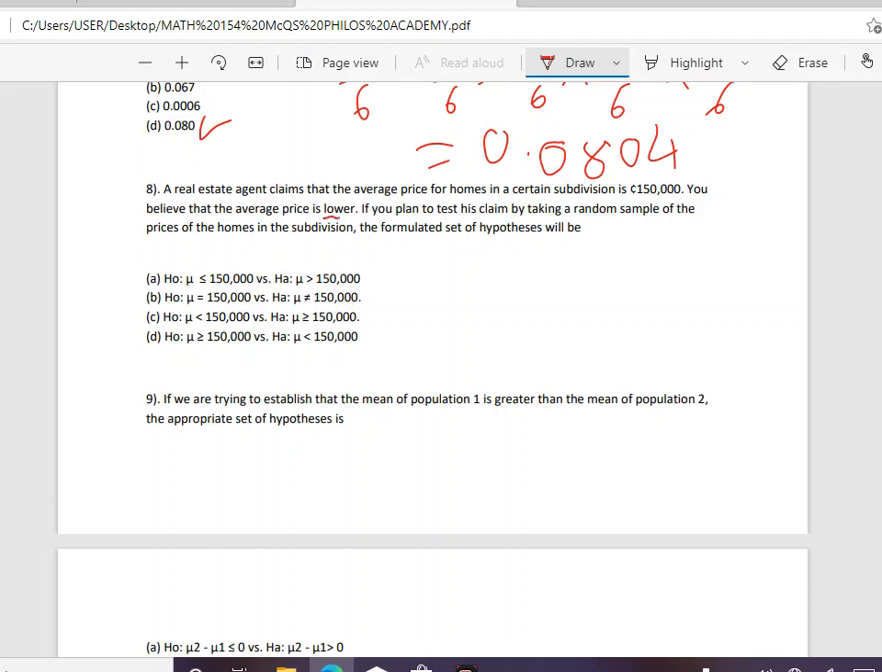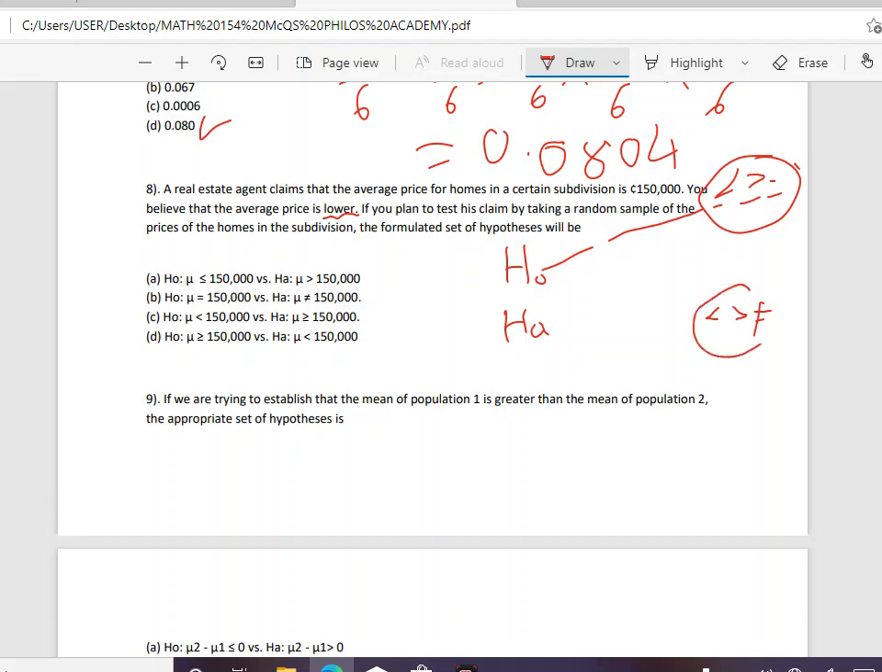They say you believe that it is lower. Lower means what? Less than. Okay. Now we have HO and HA, isn't it? If you recollect from our previous videos or from the class that you went for, they said HO is any statement of equality, such as less than or equal to, greater than or equal to, and equal to. These three statements usually go for HO. And statements of inequality like less than, greater than, not equal to, usually go for